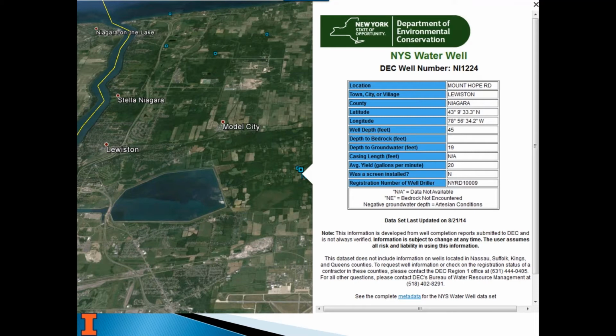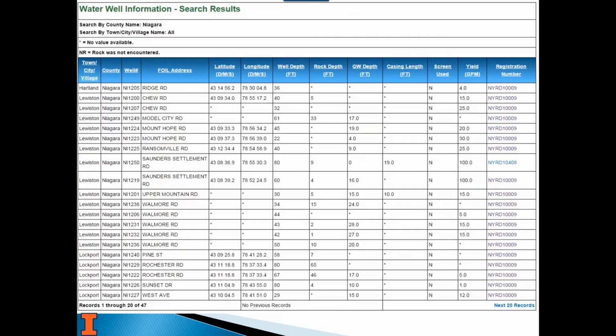This system certainly shows all the wells on file, but they only have about 20%, if that, of the actual wells that have been drilled in New York on file with an actual log. Now, they did some work through their health department to identify people with wells based on their tax parcel information, and they uncovered properties that have about 760,000 more wells. I believe that's the right number, which is awesome that they at least know where the wells are, but they don't have any of the details. And you're interested in the details for your well.